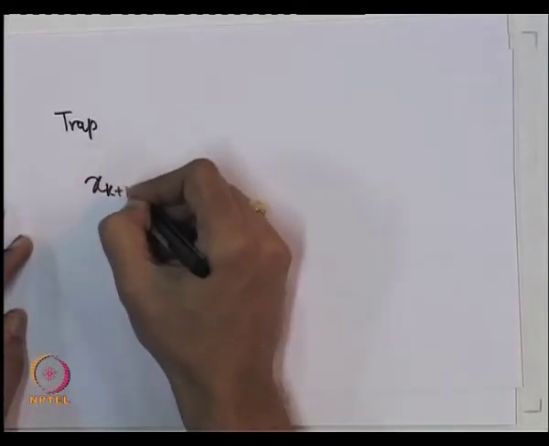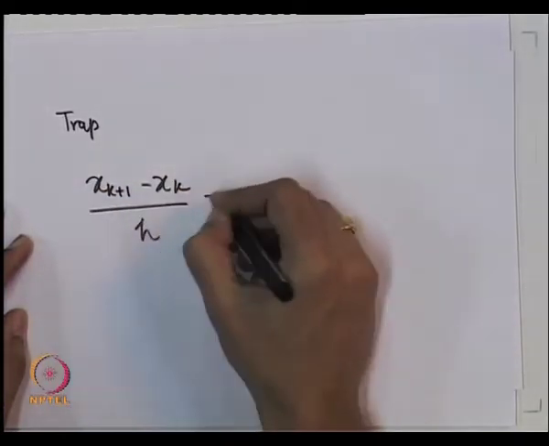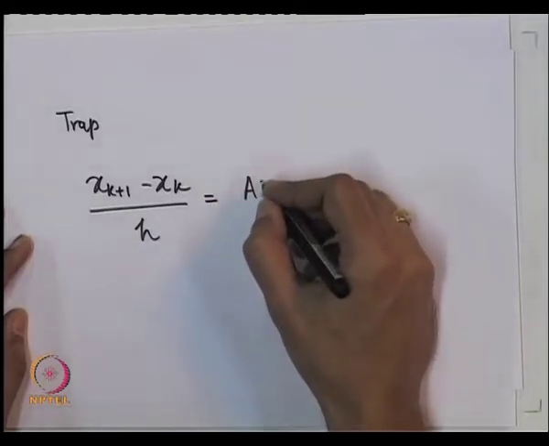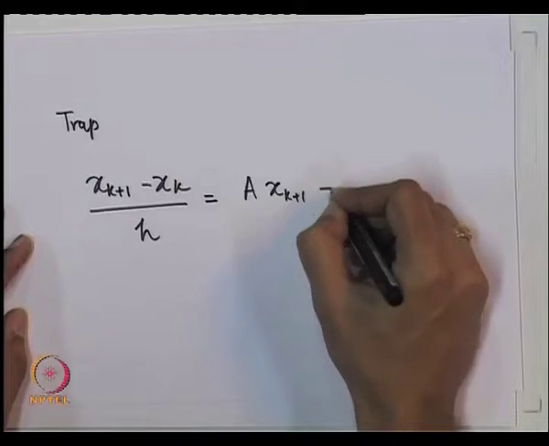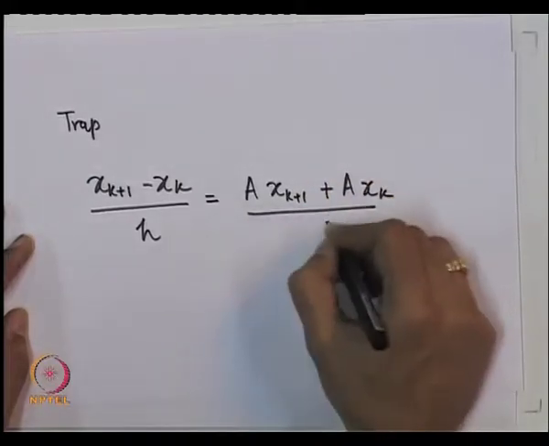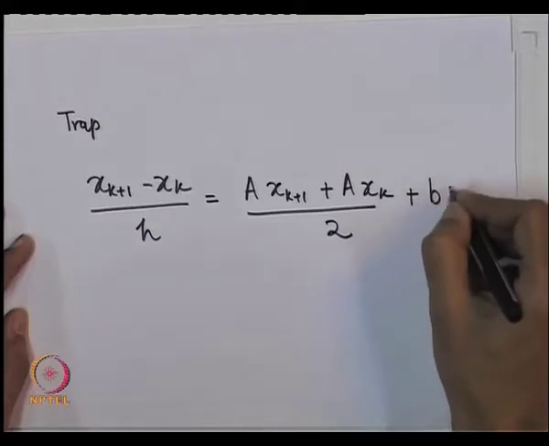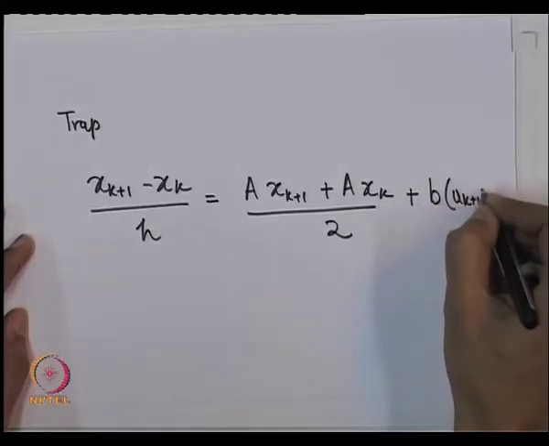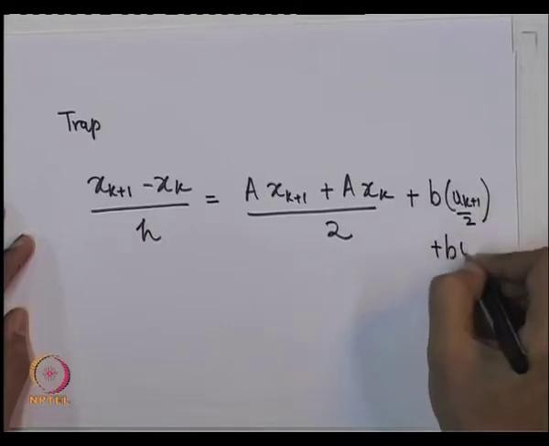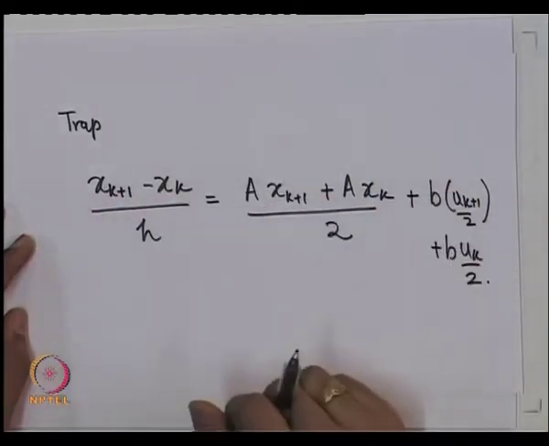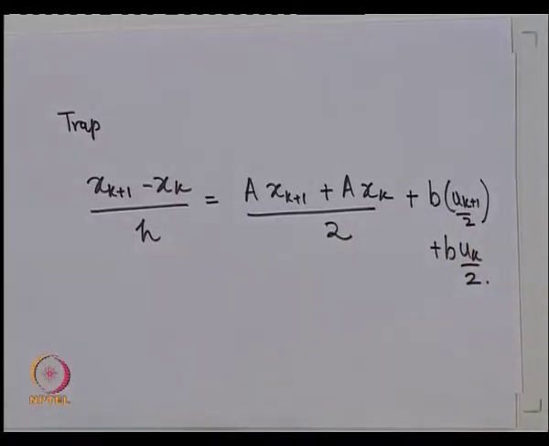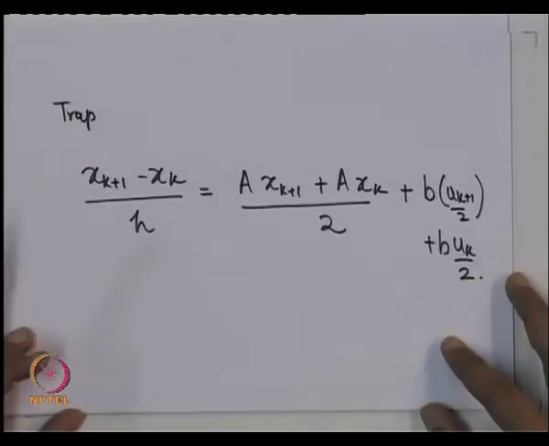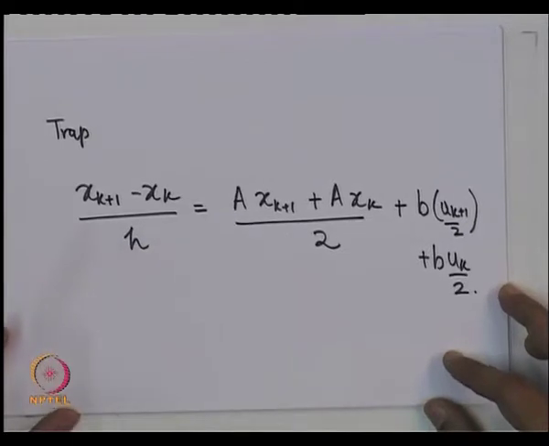You will get (x_{k+1} - x_k)/h is equal to A x_{k+1} plus A x_k upon 2 plus B u_{k+1} by 2 plus B u_k by 2. So, this is how you will discretize it. Again, you will need to take out an inverse of a matrix. That is one of the critical features of trapezoidal rule as well as backward Euler or any implicit method. Remember, since this is a linear system, our job in implicit methods requires inversion of a